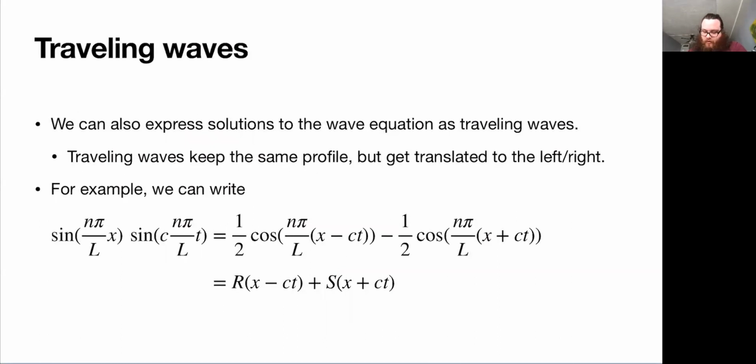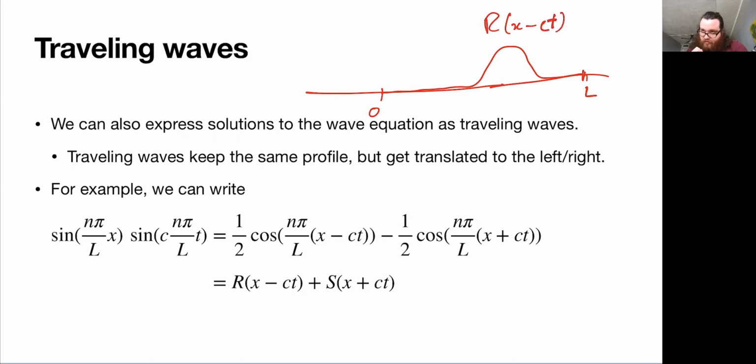What do we mean by that? Well, suppose this is 0 and this is L, and then at some time maybe we have something like this. So if this is R of x minus CT,